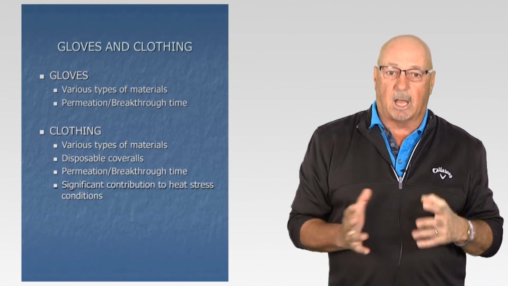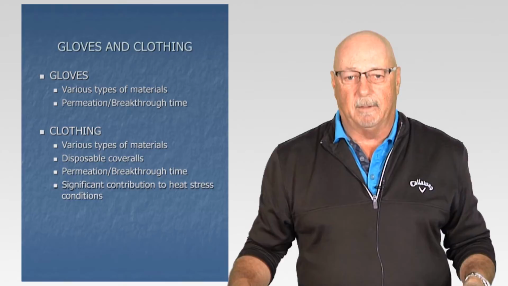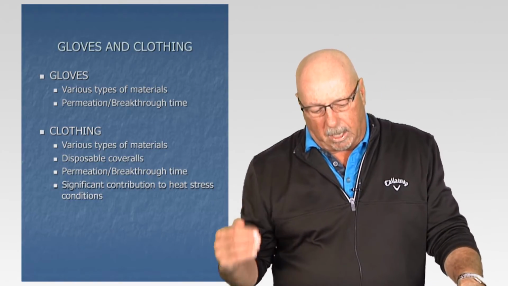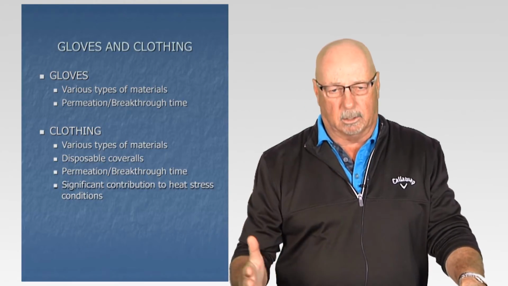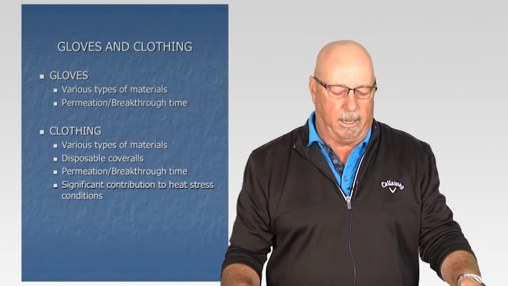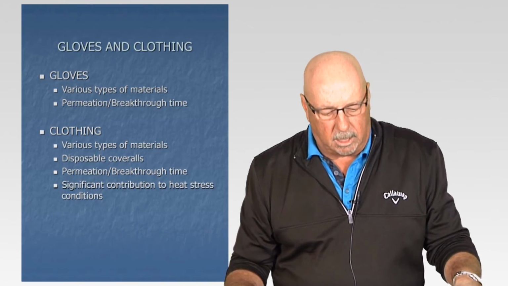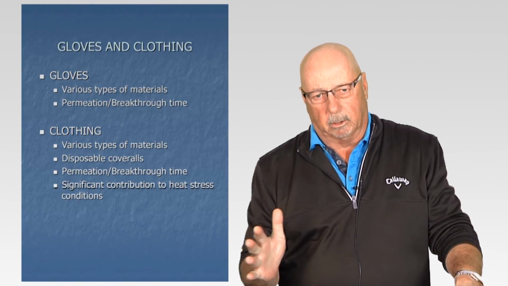Typically what we see is Tyvek clothing. Some of it can be chemical resistant Tyvek, some of it's breathable. Depending on whether we're dealing with chemical liquids or aerosol particles would depend which type of material we would have. I think your book goes into discussing both gloves and protective clothing and the types of materials that are utilized